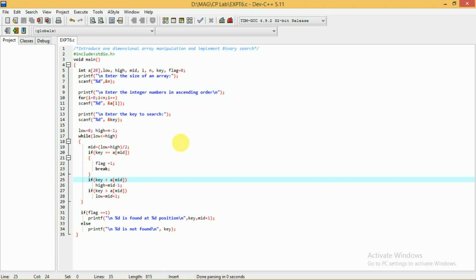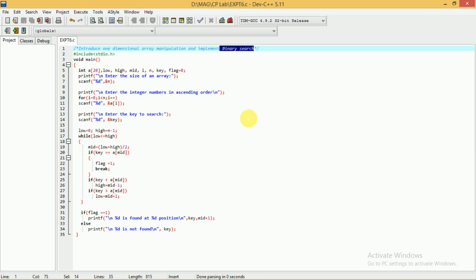So today we are going to discuss a searching technique, that is the binary searching technique. I think you are already aware of the searching process. Searching means you will be given a list of elements and a key element. The list of elements may be of any size.